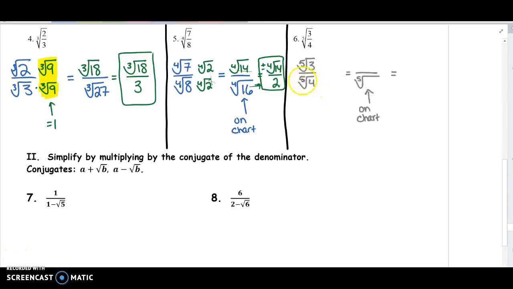So in the denominator, we have the fifth root of 4. I look in my fifths column to think, what number do I want to turn 4 into? I want to turn 4 into 32. I think we can make that happen. 4 times 8 is 32. So I multiply the numerator and the denominator by the fifth root of 8. That gives us the fifth root of 24 over the fifth root of 32. The fifth root of 32 is 2. So we have the fifth root